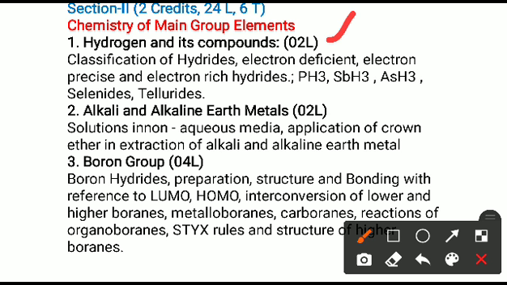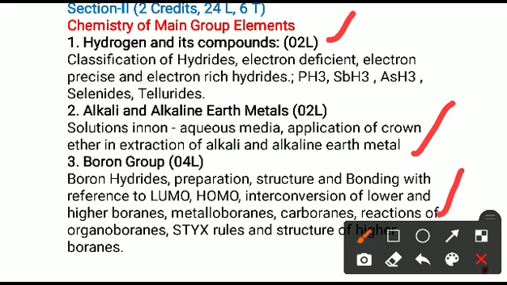Second topic is alkali and alkaline earth metals. It includes the solutions in non-aqueous media and application of crown ether in extraction of alkali and alkaline earth metals. And third topic is the boron group or the boron family. Here we are going to learn the boron hydrides, their preparation, structure, bonding with reference to LUMO and HOMO. Also, we learn some higher boranes, metalloboranes, carboranes, and the reaction of organoboranes,